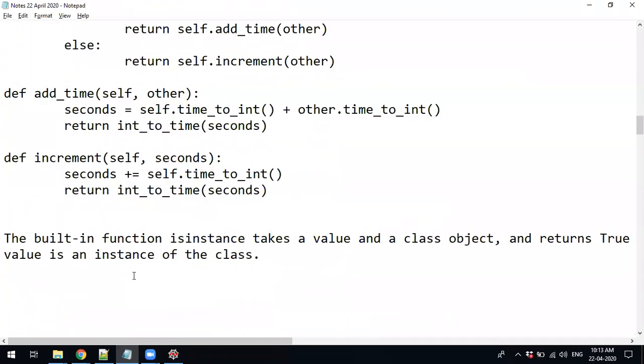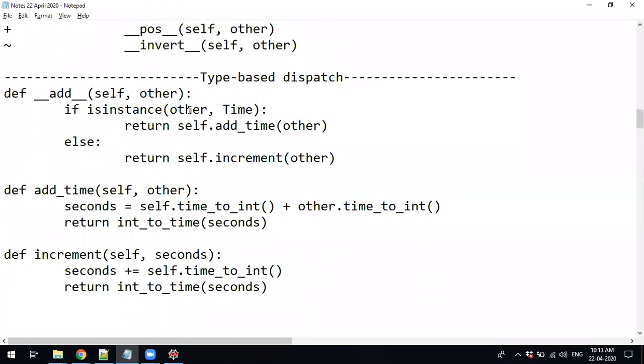When I call start plus duration, the start will come to self, and the duration will come to other. It will check whether this duration is an object of time. If it is an object, then it is going to call self.add_time.